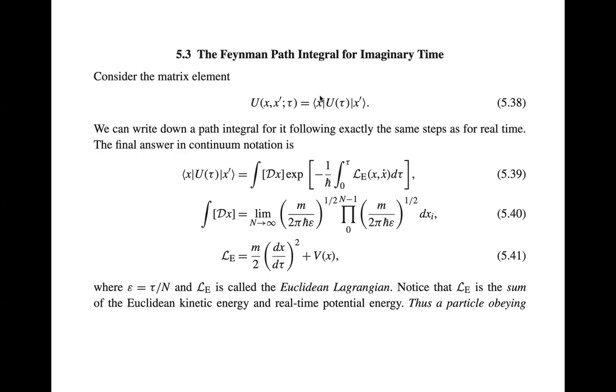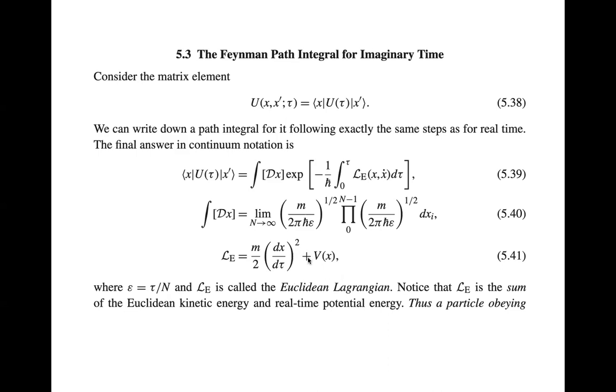Yeah, so imaginary time is a little bit easier to work with. We can write down the path integral for it, following exactly the same steps as for the real time. The final answer in continuum notation is of this kind of form, where now epsilon is equal to, instead of t, tau, and the Lagrangian becomes this plus that. This is called the Euclidean Lagrangian, and it's like a Hamiltonian,